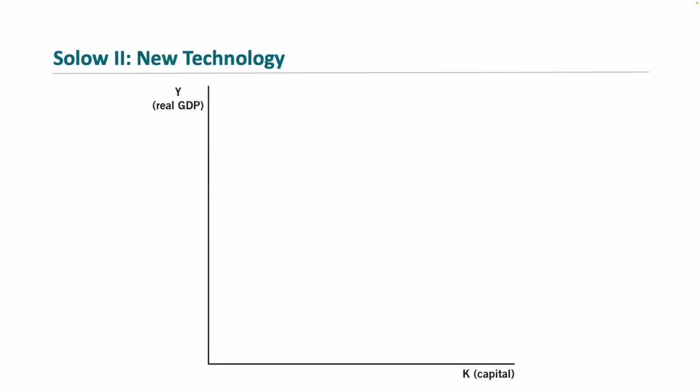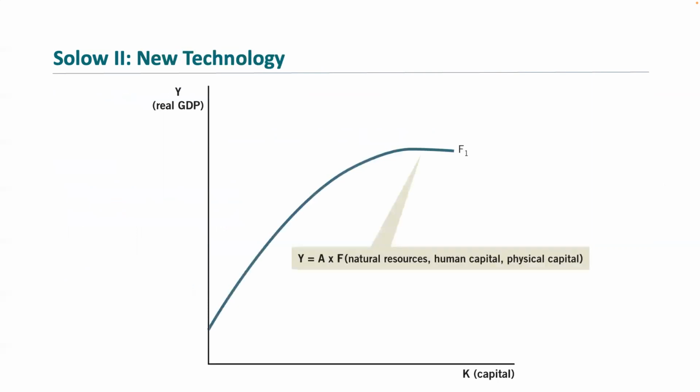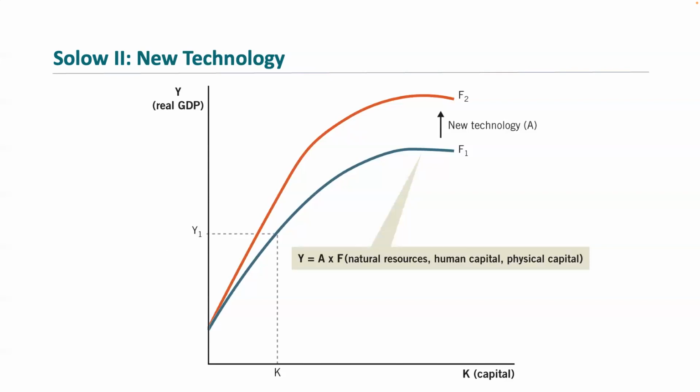So what does this look like graphically? Well, here we have our GDP on the y-axis and capital on the x-axis, and we had F1, which was that original function. Now, this is showing an economy's production function with changes in technology. So F1 is going to be that original production function, and then F2 is going to be after we have a technological advancement. So the slope of F2 is going to be steeper at all points